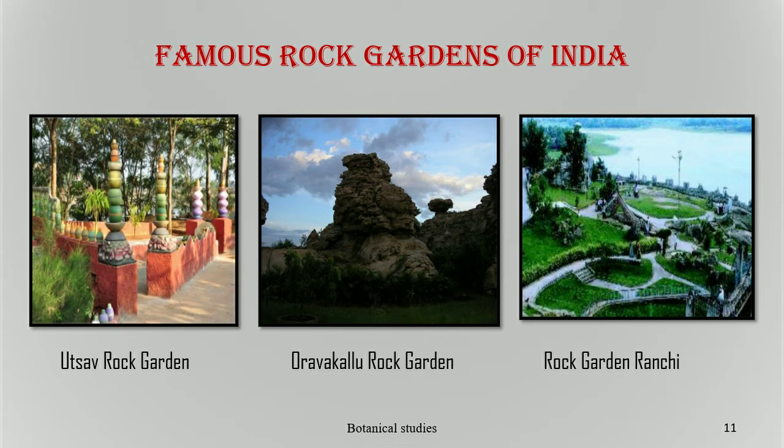Oravakal Rock Garden. Oravakal Rock Garden is located on NH18 highway outside the village of Oravakal in Kurnool. The park is used as a site for film production, and there is a restaurant, boating, a cave museum, and picnic areas. Rock Garden Ranchi. Rock Garden in Ranchi is a beautiful place of tourist attraction. It stands next to that of the Jaipur Rock Garden. The rock garden is carved out of the rocks of Gonda Hills and resembles in design the Rock Garden of Jaipur. So this is all about the rock garden.